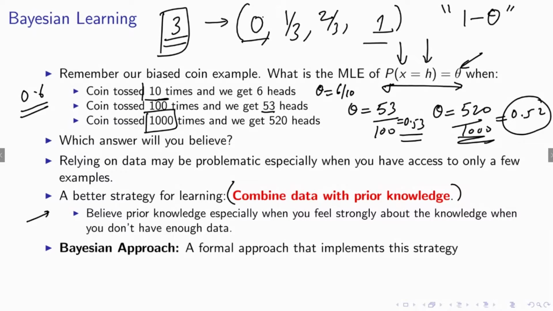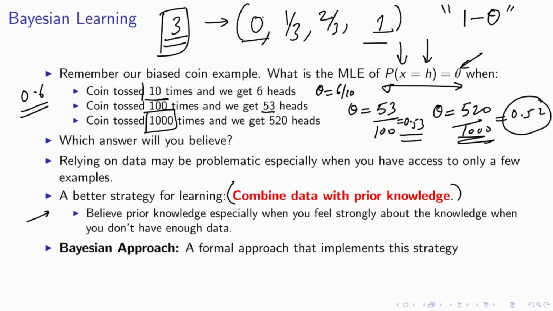So you might have certain background knowledge or prior knowledge about the process that you're trying to model, right? Or someone might have told you that the coin you're tossing is actually more of a fair coin as compared to a biased coin. So the probabilities are maybe close to 0.5, right? The probability of heads will be close to 0.5 as opposed to, let's say, close to 0.9, for instance, okay? So in that case, when we have less data, what we should do is believe our prior knowledge. And as the amount of data increases, we want our learning algorithm to believe the data more and more,